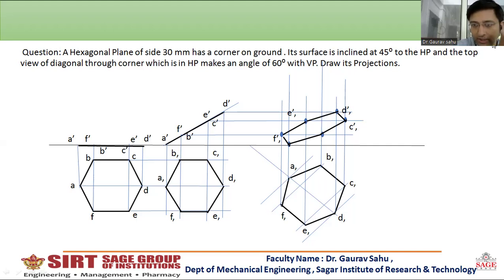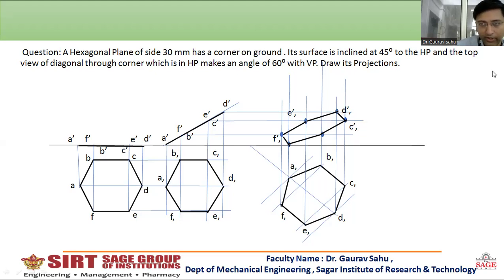As we have discussed in general lectures, whenever any plane is making two angles, one from HP and one from VP, there will be six diagrams. If there is only one angle of the surface, there will be only four diagrams. So here, dear student, the surface is inclined at 45 degrees